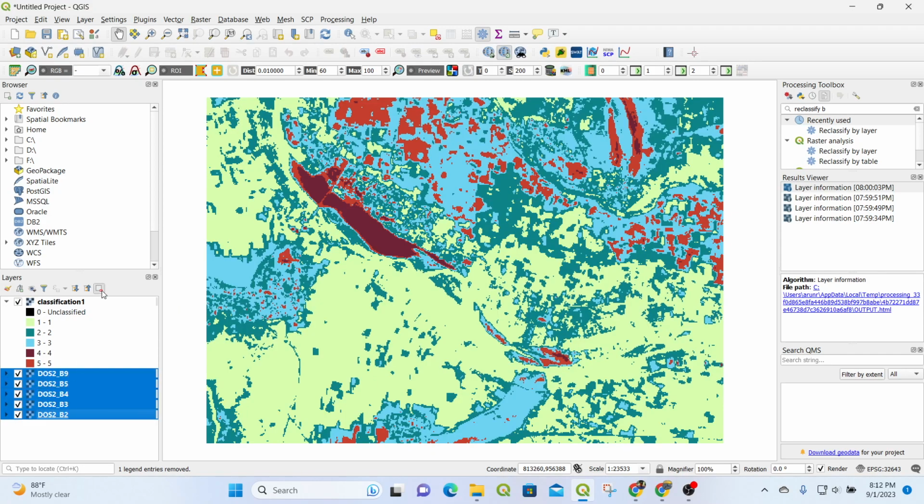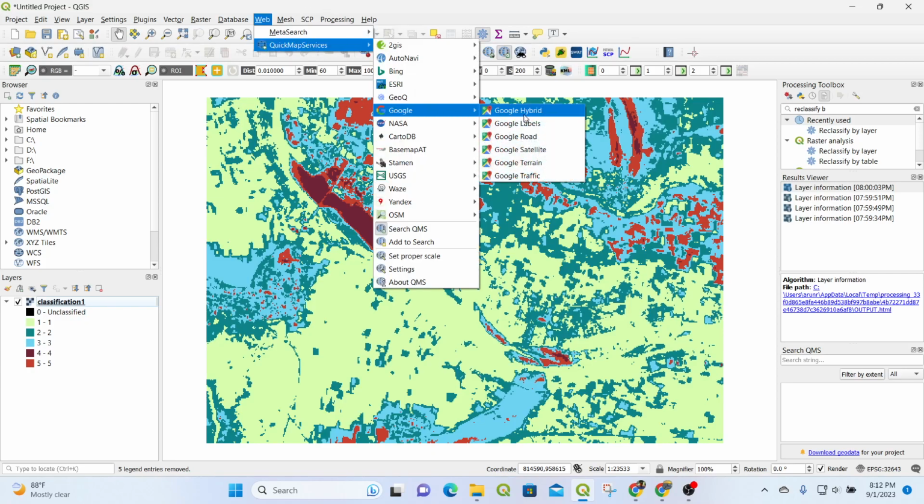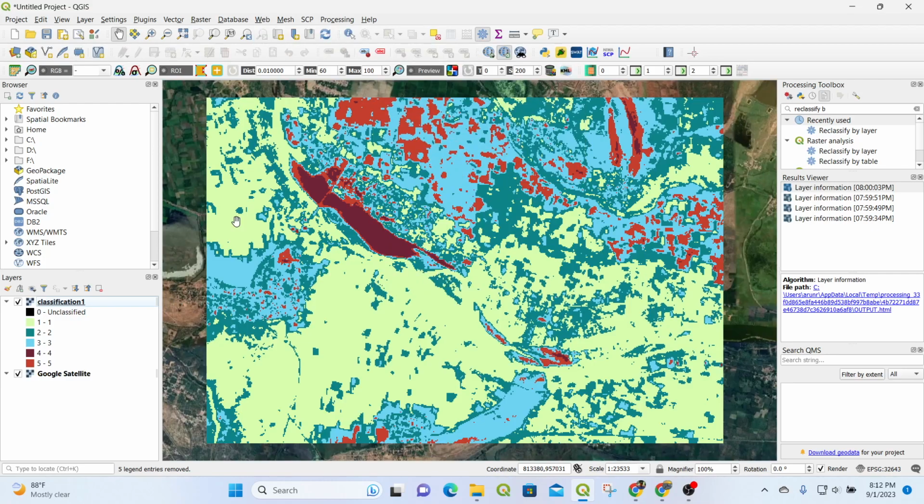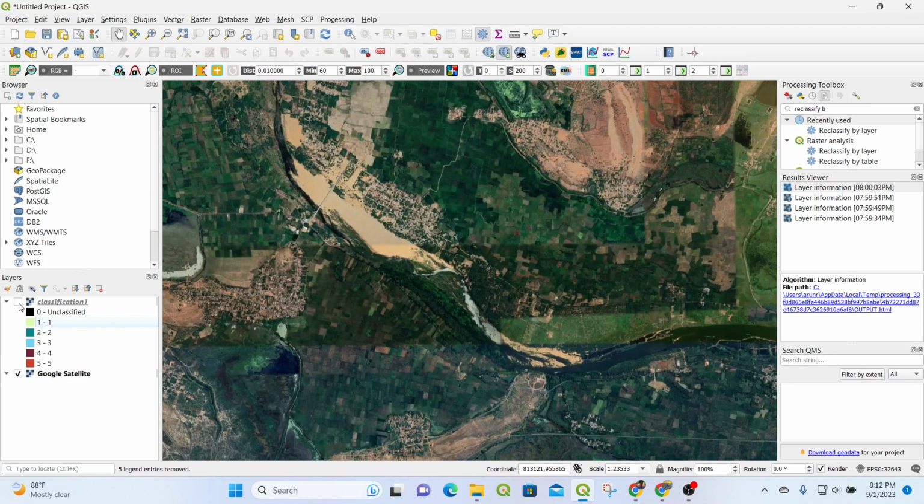So I'm removing all the other bands, and then I'm going to bring in the Google Earth. Let's see how it has classified. If you see, 0 is unclassified, so we have some 0 pixels also. Then cluster 1. Now it has given us the different clusters. Now we need to correlate with our ground truth data, and then